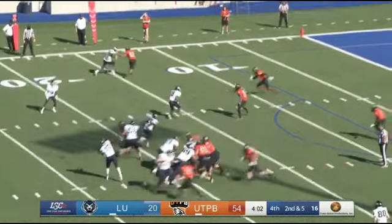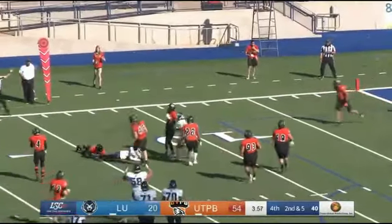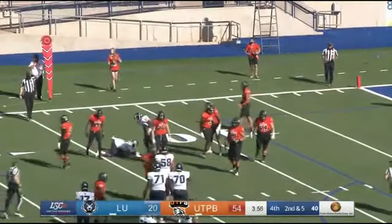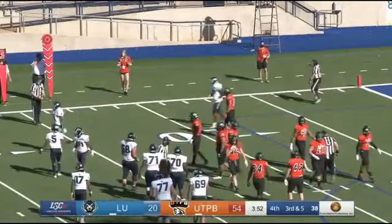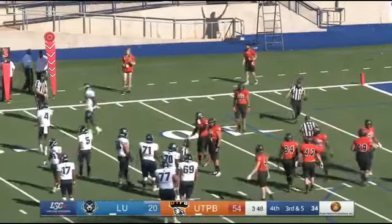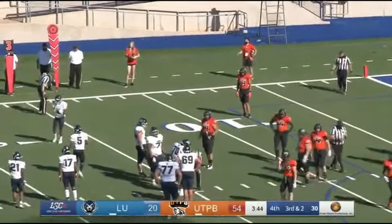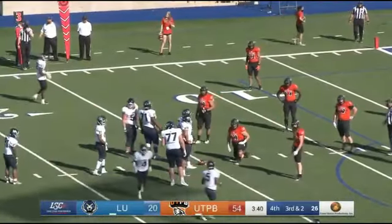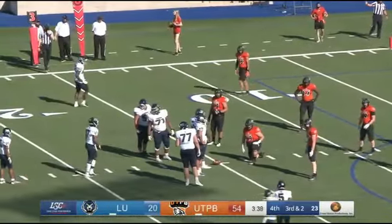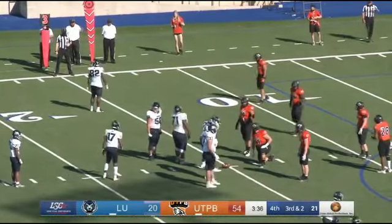Going to be 2nd and 5. Very quickly throws the ball out here left, and going to have the first down, about a yard short, actually. Gets the ball out there to Christian Robinson. Good job of blocking and setting up that play to get the completion out there on the far side, and where the ball is on the far hash at the 15-yard line, 3rd and about 2 here for the